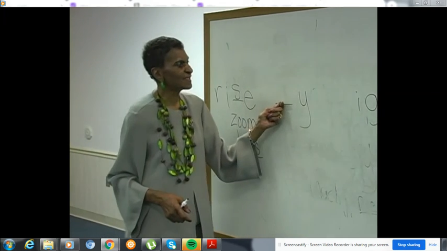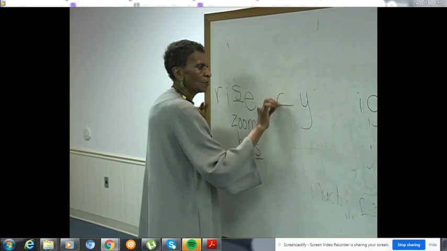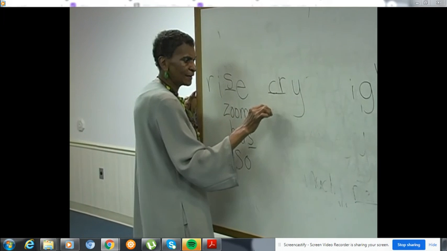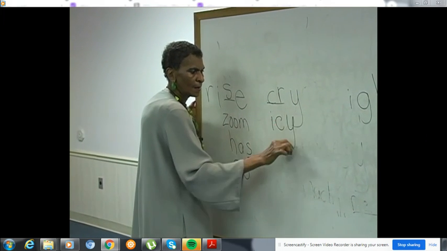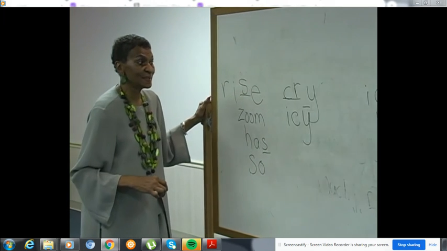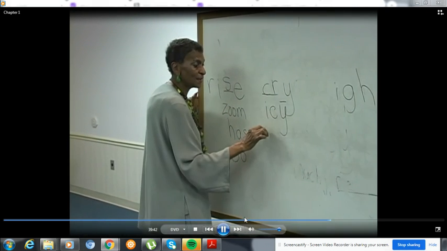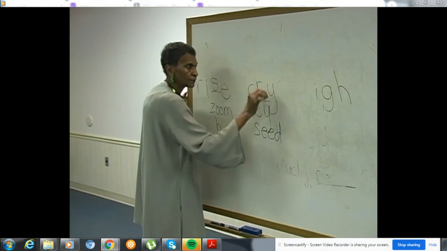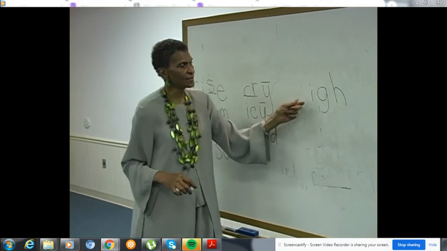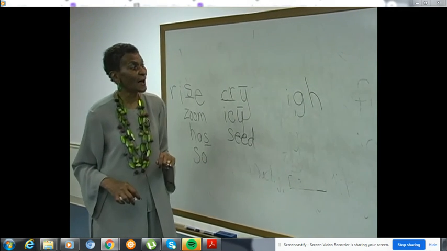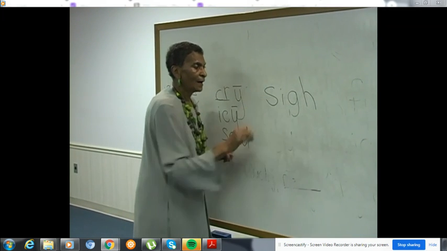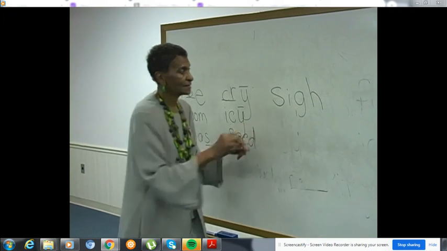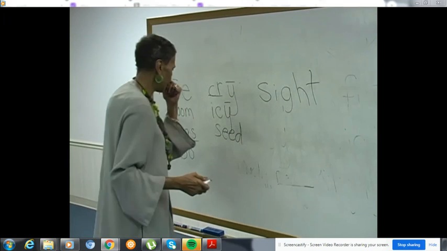Okay, let's make this word say cry. Cry, which I, blank Y says I. Now let's notice Y again. What does it say now? I see. Now it has a long sound of E, the same sound as in seed. IGH says I, so let's spell sight. Which IGH sounds, sound I, word sight.